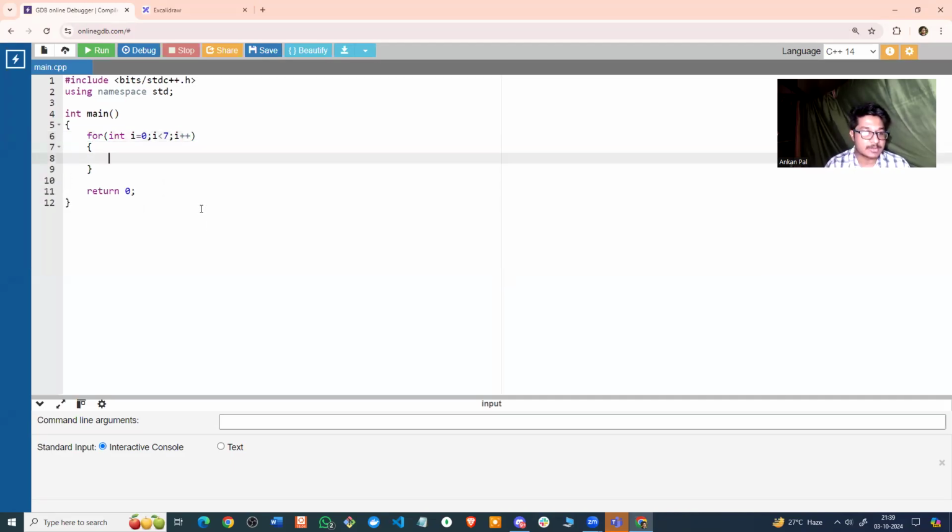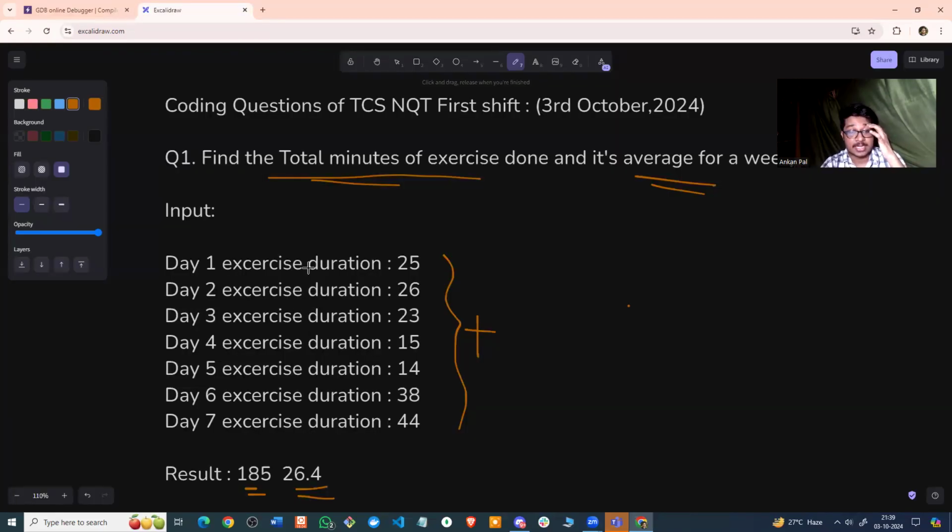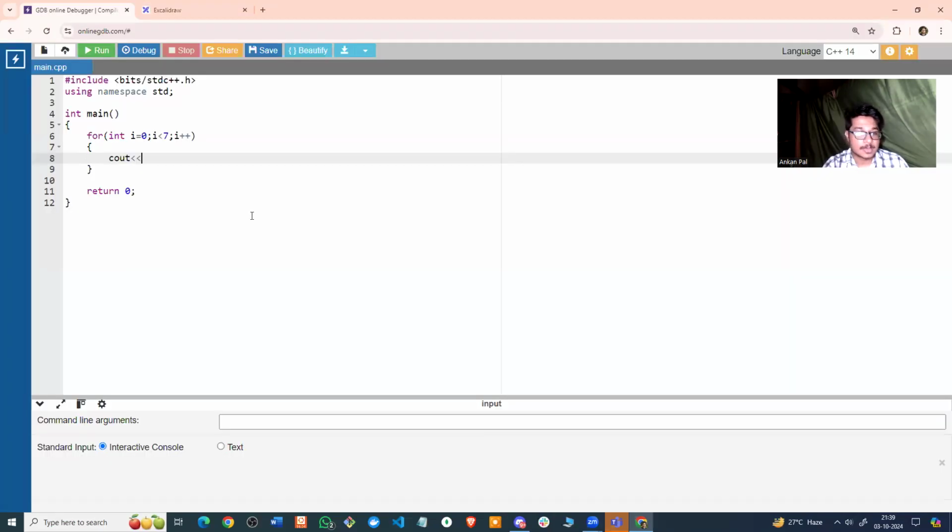Inside of it, I will print out "Day", a space, then i plus 1, because i is 0 and I need 1 to 7. And I need to print here "exercise